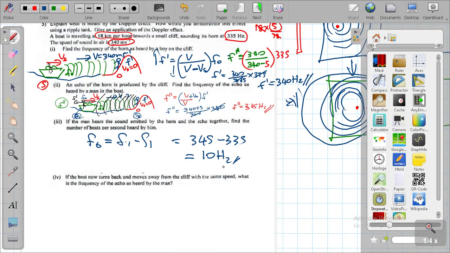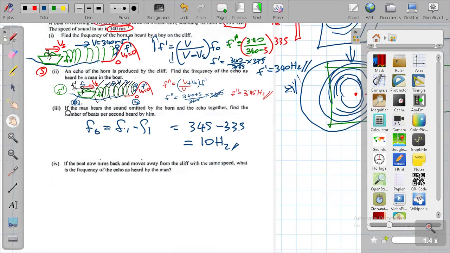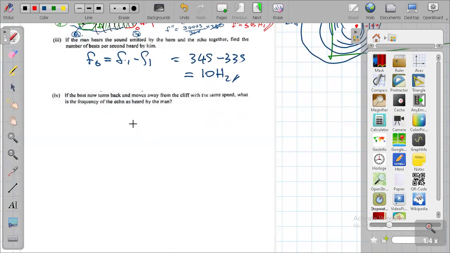If the boat now turns back and moves away from the cliff at the same speed, what is the frequency of the echo heard by the man? Okay, now he returns with velocity v. Now as the boat is the source moving away, the cliff gets it as f dash, returns as f dash, and he hears again f double dash. For the first case, I can write f dash is equal to,